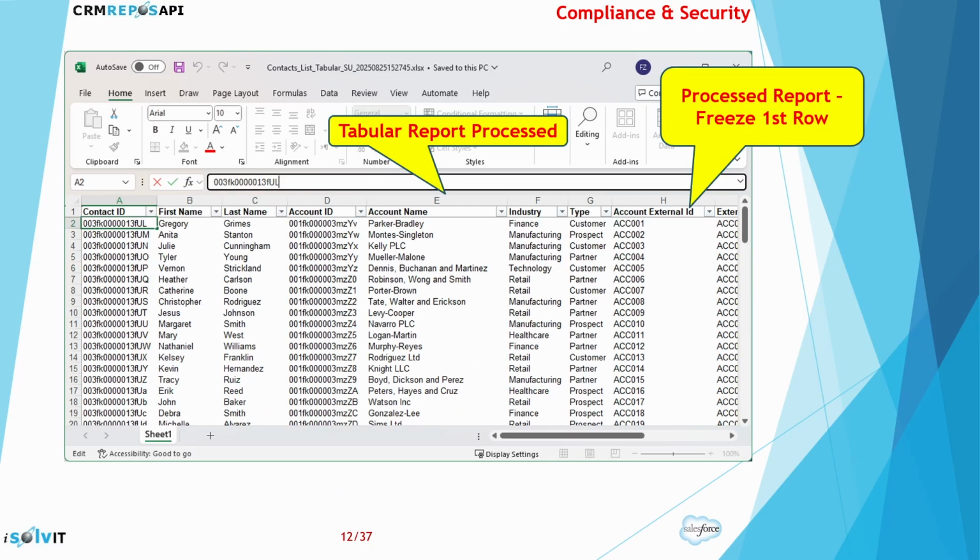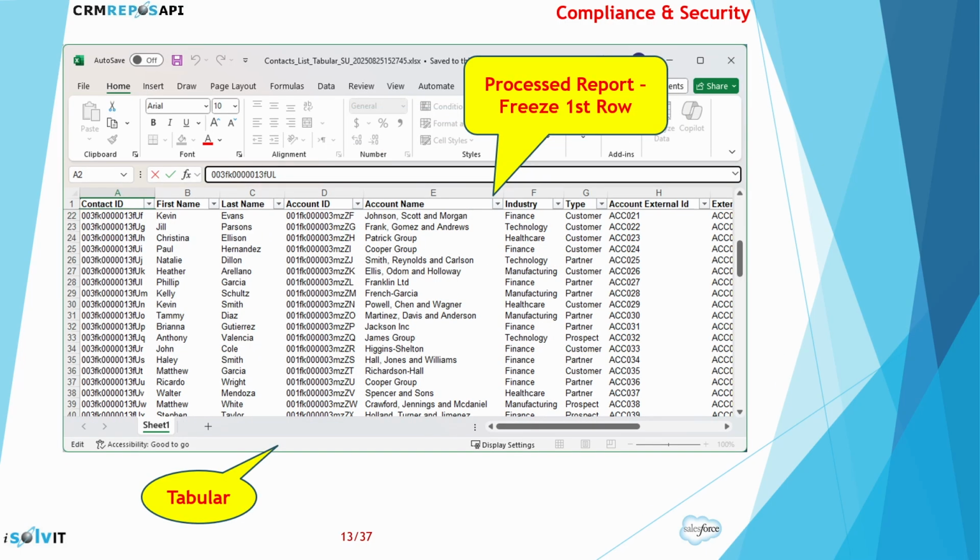Here is a processed report generated through CRM Repo API. It includes proper formatting, a frozen header's first row, and a new file report name. The header row is automatically frozen, so when you scroll down, the spreadsheet displays record 22 directly beneath the header's first row. This ensures the column title remains visible at all times, making it easier to read, compare, and analyze